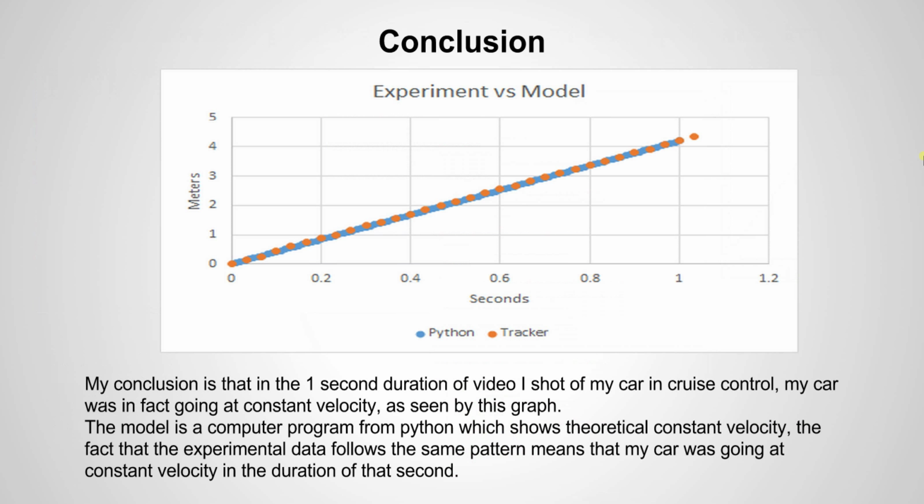In conclusion, I found that my car was traveling at constant velocity for the full second. Not only is it a linear graph, but it also follows the computer model graph data exactly when they are compared on the same graph. This means that the net force of my car is 0, and that all the forces acting on it are 0. So gravity and the normal force in the positive and negative y direction both add up to 0, and also the cruise control and the motor of my car are exerting equal force against the friction on its wheels and air resistance on the